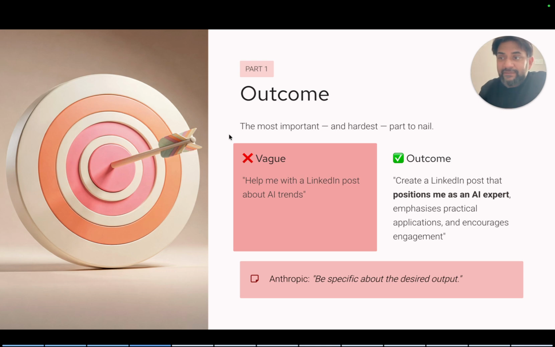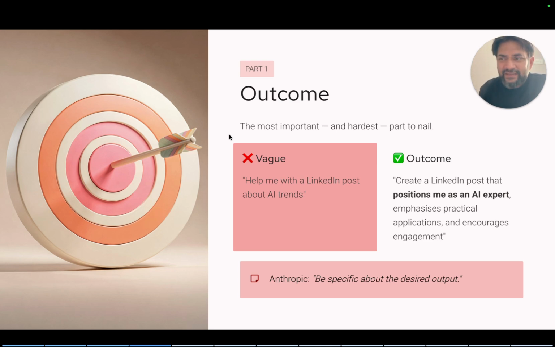Not help me with a LinkedIn post about AI trends. But what? Create a LinkedIn post that positions me as an AI expert for my network. Emphasizes practical applications over hype. And encourages engagement from other professionals in my industry. You see the difference? The first is vague.